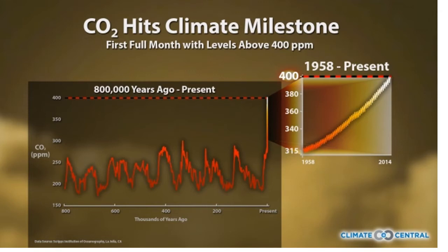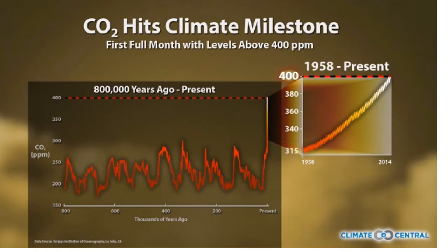All right, now this increase in carbon dioxide is quite alarming. So this graph shows us the percentage of carbon dioxide within the atmosphere from 800,000 years ago up to present times. And you can see that the range of carbon dioxide has gone from about 175 up to about 300 parts per million and goes up and down until you get to this part that is in greater detail from 1958 to 2014. You can see that carbon dioxide is just going up at a rapid rate.